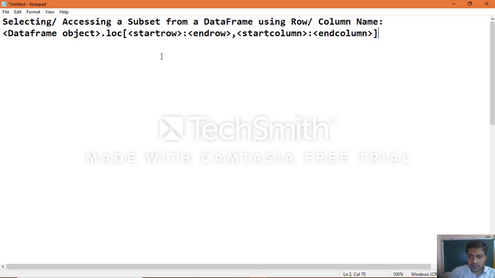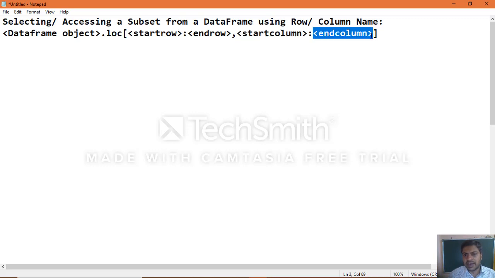We'll see the syntax here: data frame object dot loc of start row and end row, the rows which you want to extract or select from the existing data frame object. In the same way, for columns, you give the start column name colon end column name.